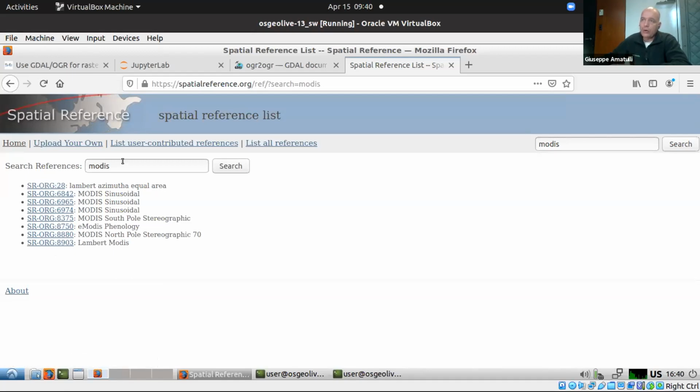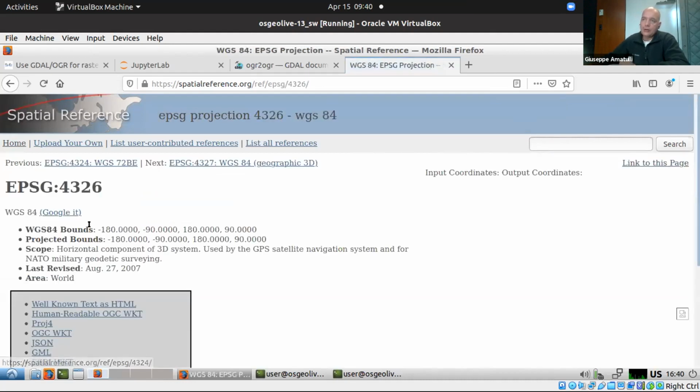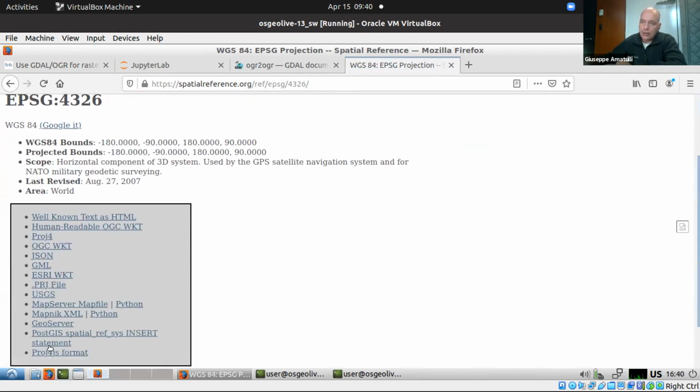So if you know already, in particular the EPSG 4326, that is the one that is used at the global level, you can go directly and check the specification. So this is a very important data site that I always suggest to store as a bookmark. In particular, over here you have the different file formats that store the information about the projection. Okay, so for example, you have the typical .prj file, that is the one that is associated with a